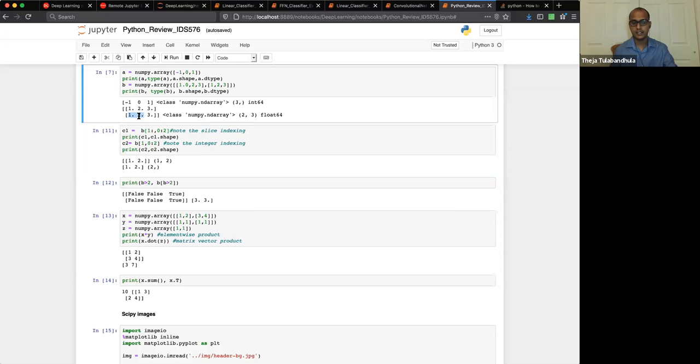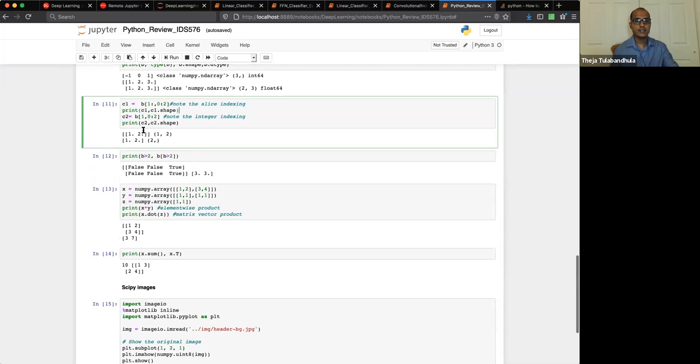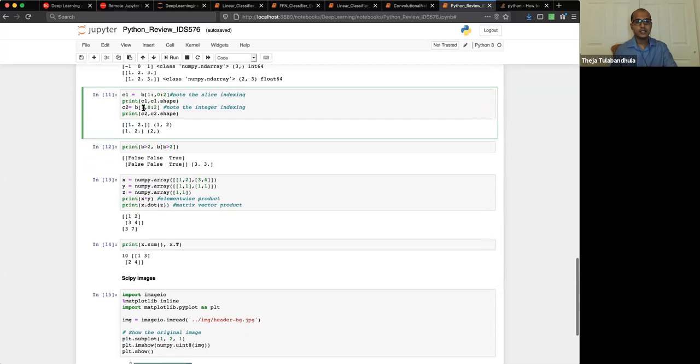Okay, column indexing again is from 0. So if you do that, then you get C, which is basically 1, 2, the bottom left part of this matrix. Okay. And similarly, you can just get